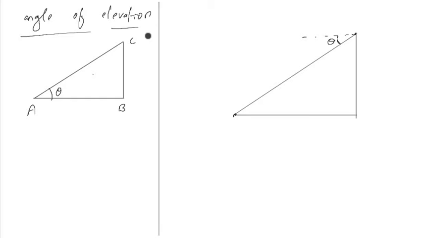Now, you know alternate interior angles are equal. So this and this are alternate interior angles. So these two are equal. So this is theta, means this is also theta. Again same diagram. There will be no change in the diagram, but representation is different. Angle of depression. So this is the meaning. This one please note down.